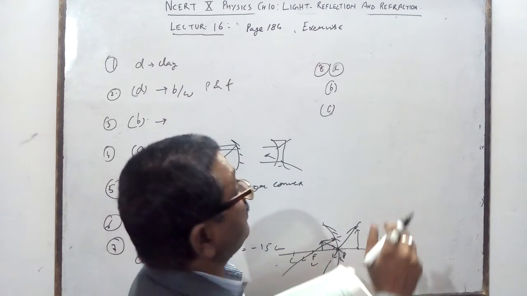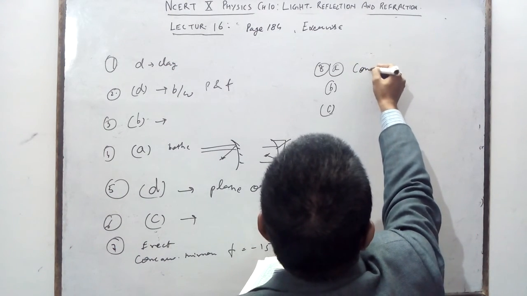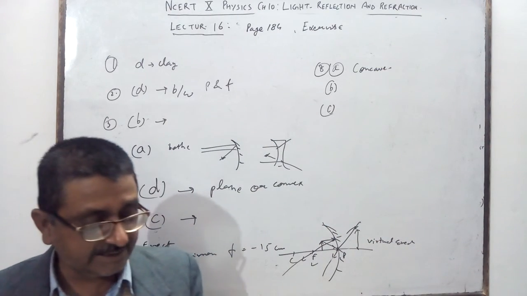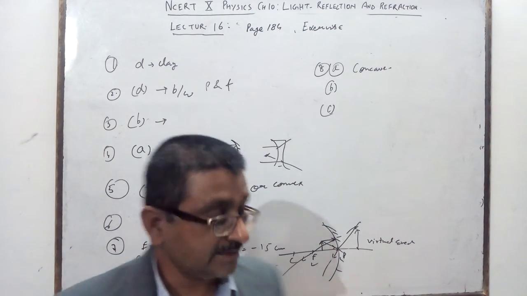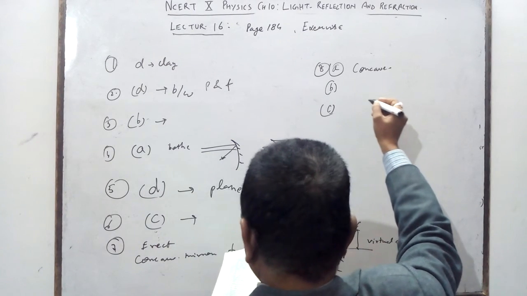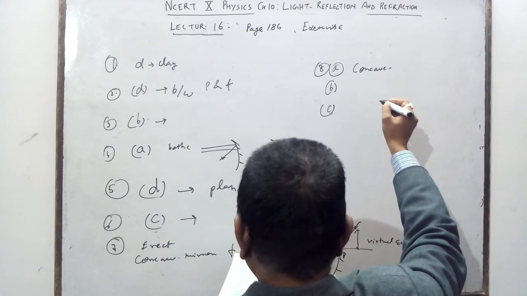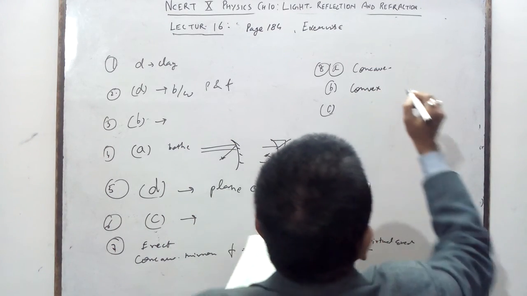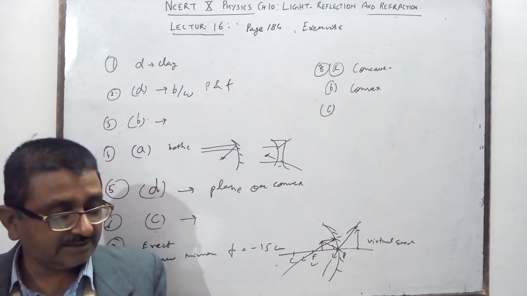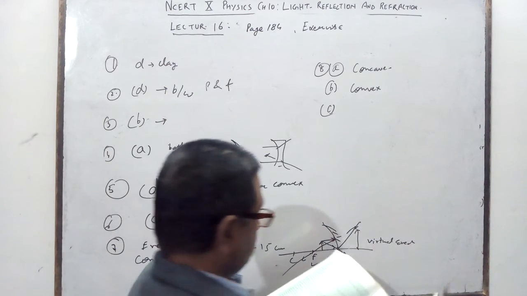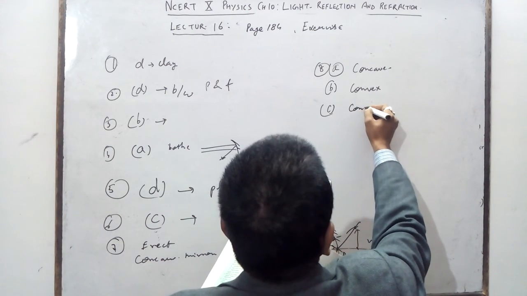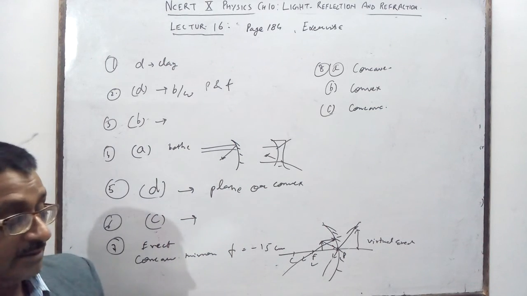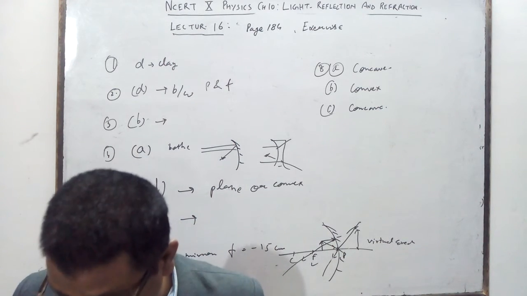Like a torch. What will you write here? Concave mirror, used because you want to converge the light. The second one is the side rear view mirror of a vehicle, that is convex. You want the erect image always. And solar furnaces: you write concave because you want to collect the light, and the concave mirror is used for a boiling point higher than this. Question number 9 is given.